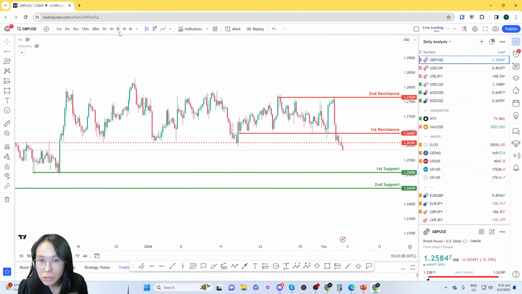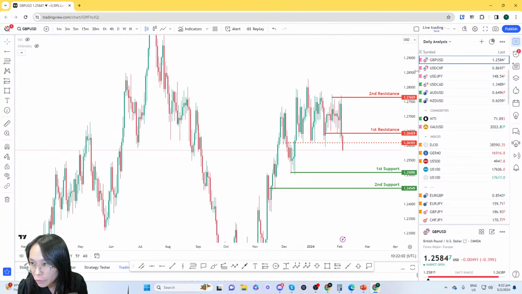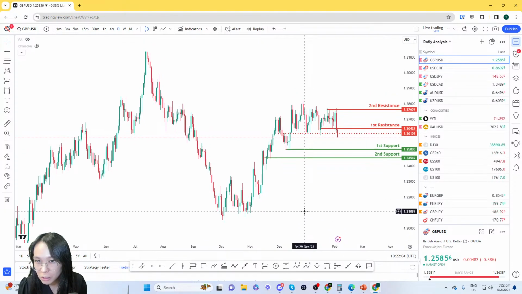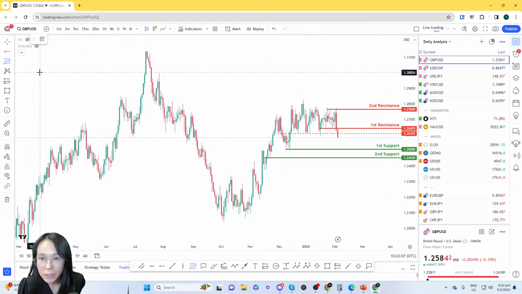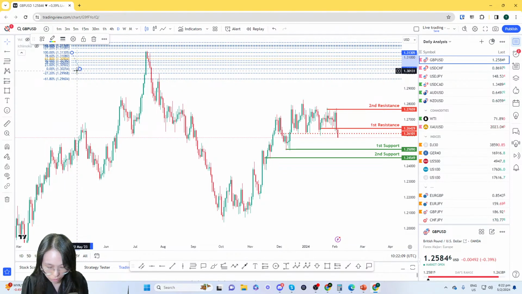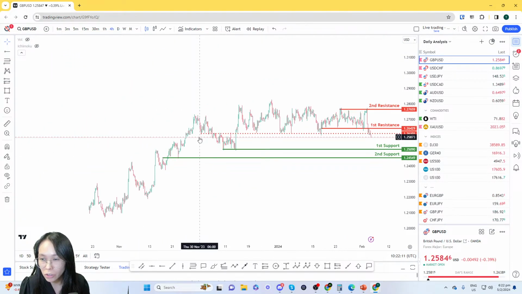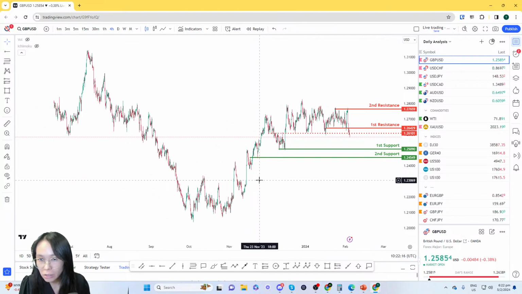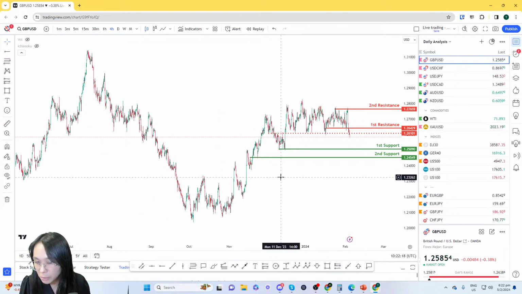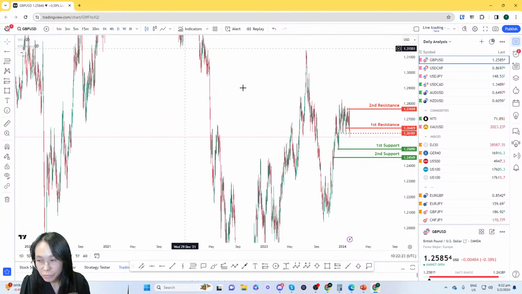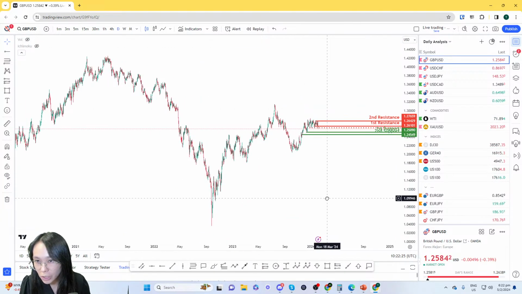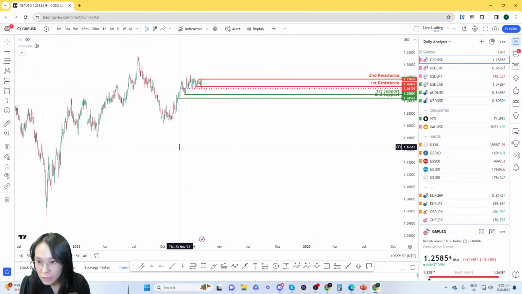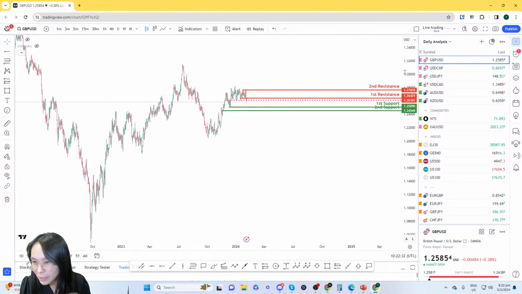I'm going to toggle to the daily chart to look for some retracement. If you're unable to find any Fibonacci retracement on your H4 chart because it could be very choppy, either you make the chart smaller, or you toggle to the daily chart. You also can draw from there. The daily chart is clearer because there is less noise.